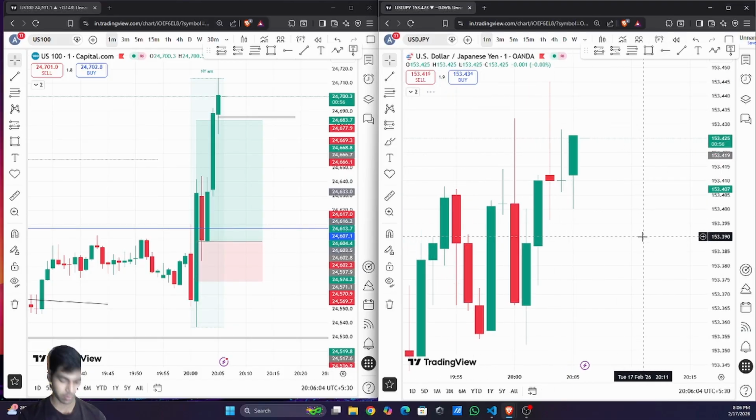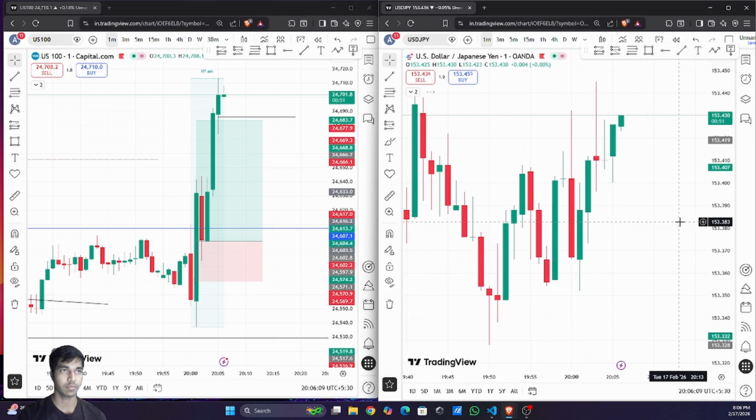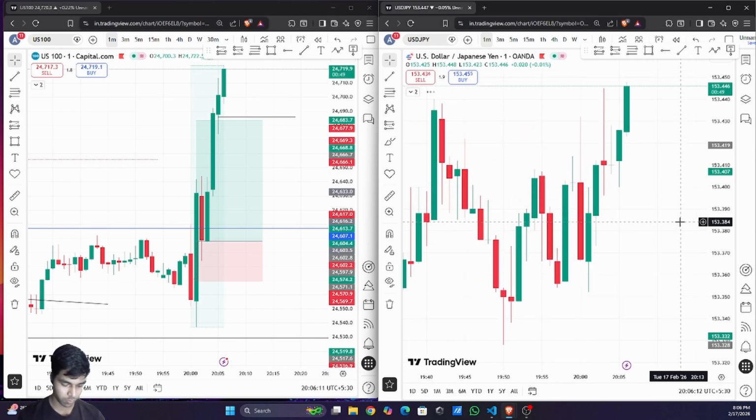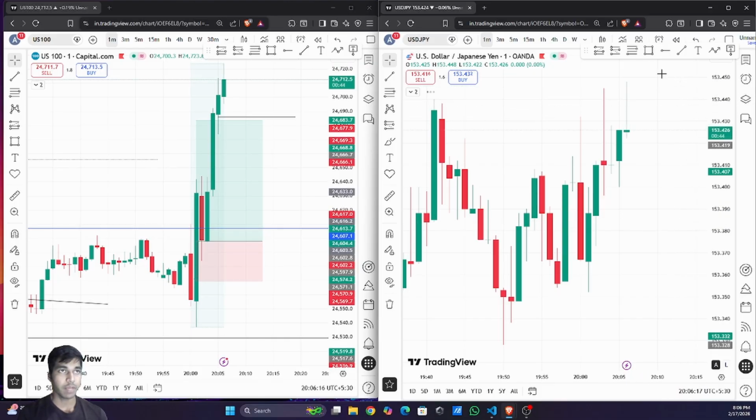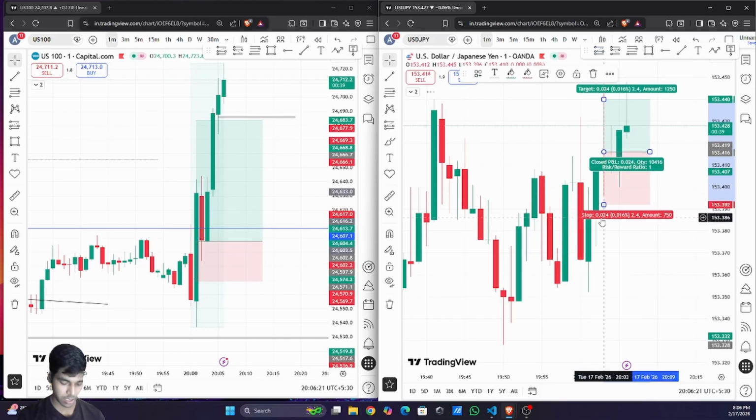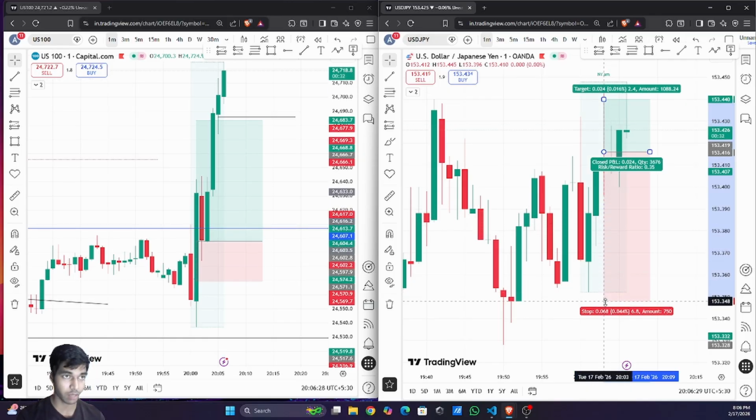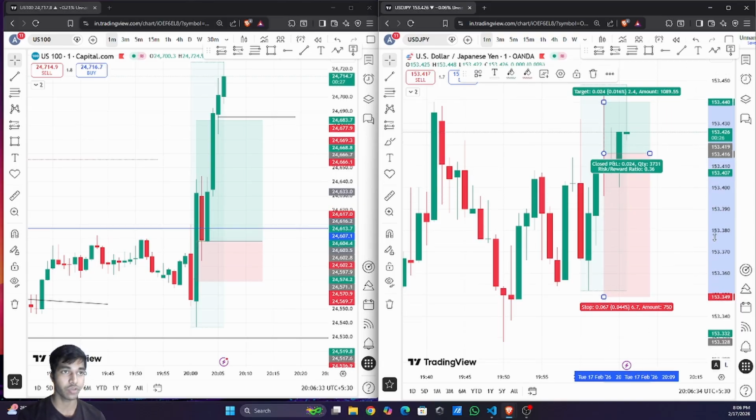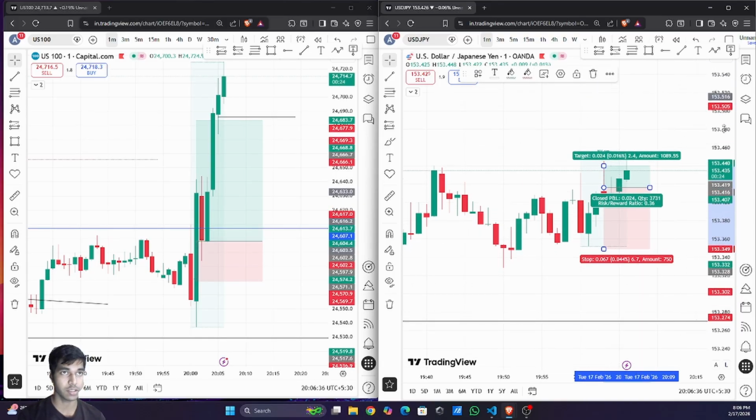So JPY in 1 minute. So we are already break even in JPY. My entry was somewhere around here. My SL, by mistake, I entered a full quantity, so I exited half. Okay, so my SL is somewhere around here. I entered in 3 minute. Target